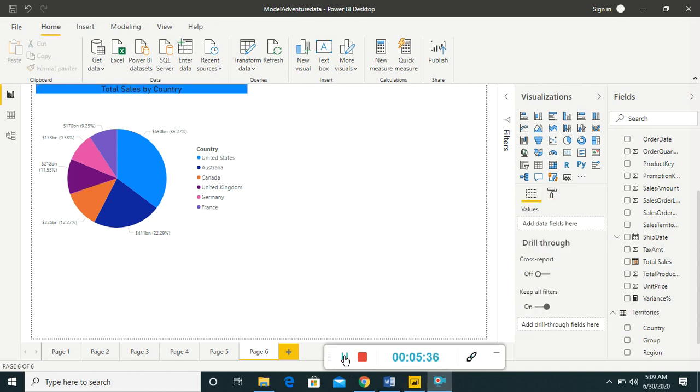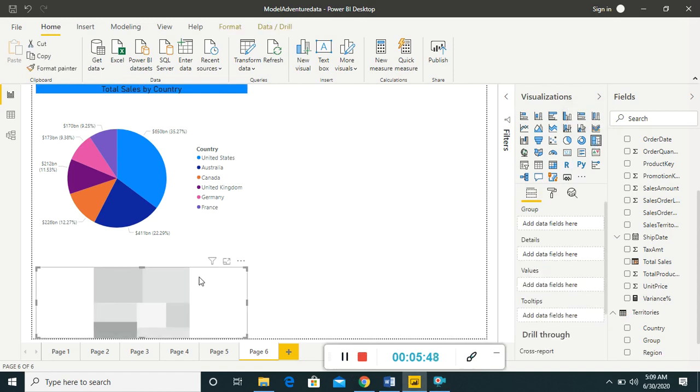Fine. Now the next step is to create a tree map. So this is the tree map. Click it over here.